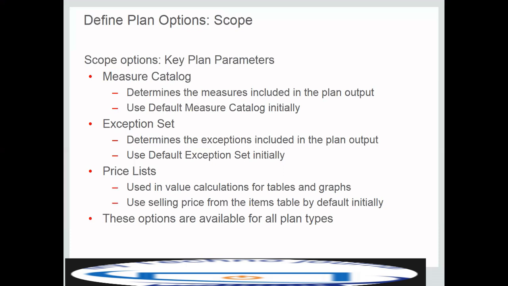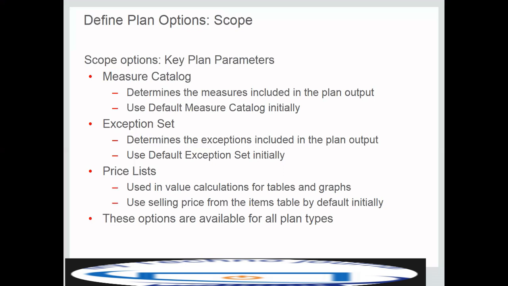or get grayed out. And then there are some key plan parameters within the scope tab of a particular plan definition: the measure catalog, which is going to determine the measures included in the plan output. Meaning it's a flexible way to group multiple sets of measures for use in different plans. And by enabling only those measures that are needed for a specific plan, users will be able to do a focused analysis with improved performance. And a measure catalog can be maintained by using the task Configure